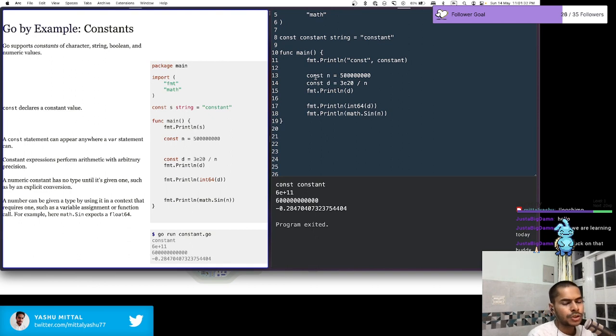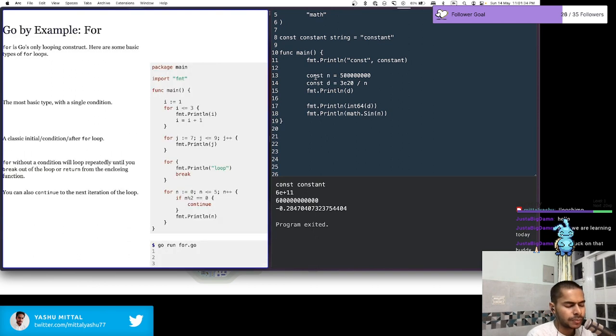Also, for that shorthand variable, I'm not sure, but I think there has to be a way to define the type itself. Like it's understandable that if you don't want to write the var keyword, that is